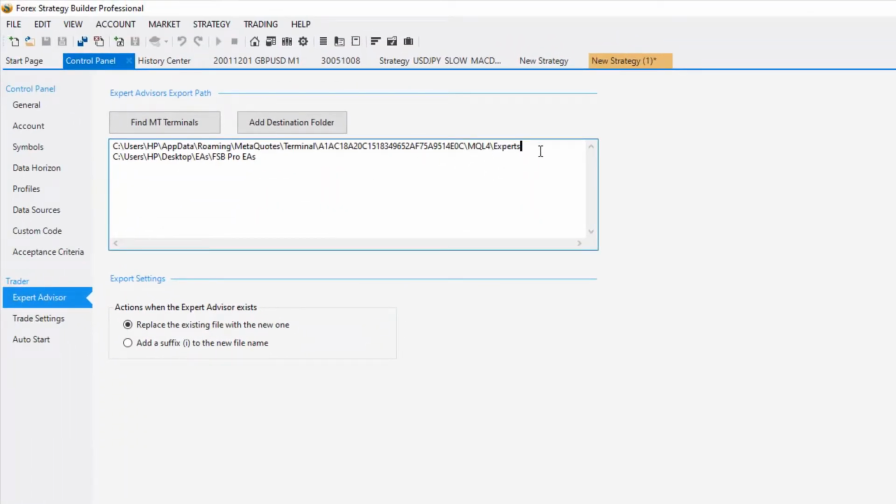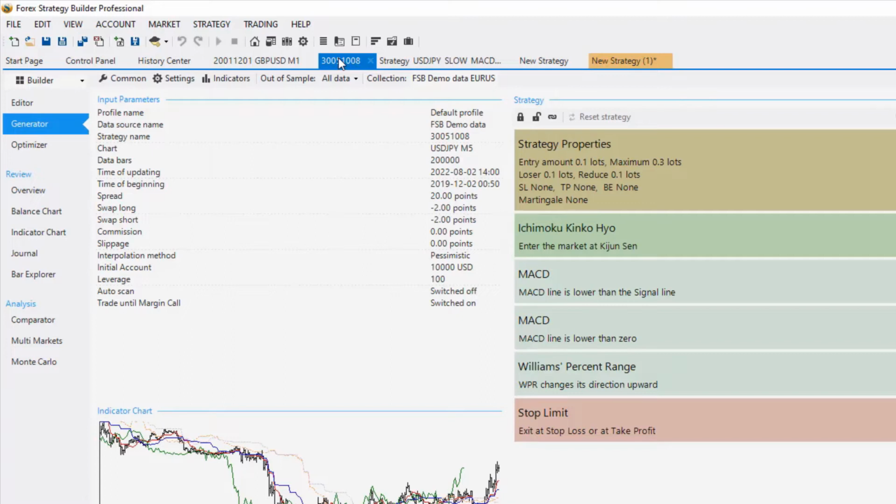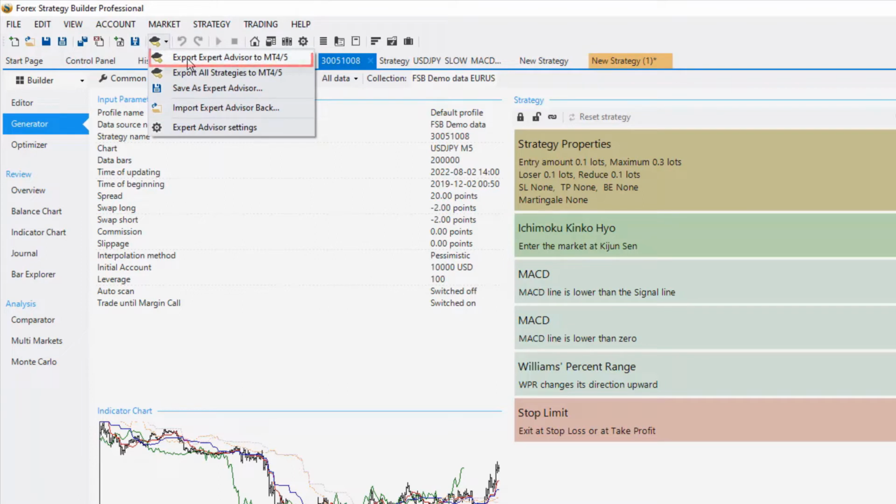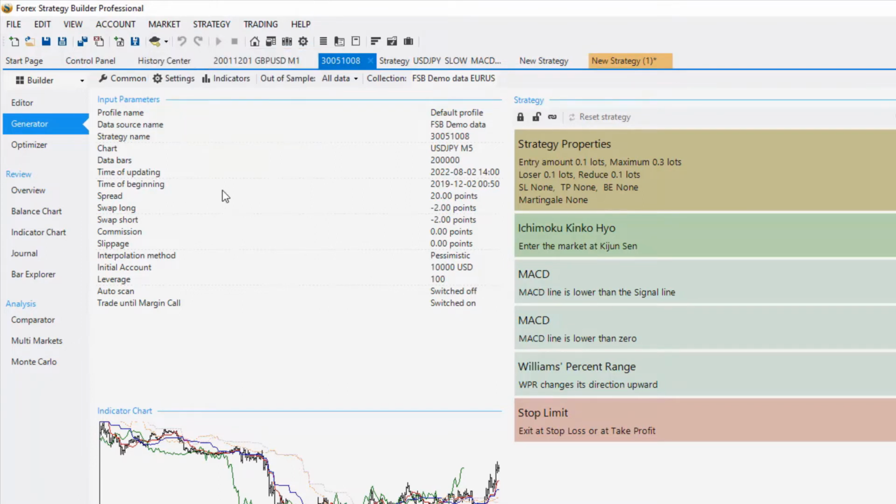So I'm selecting this MetaTrader as a path to export the EAs, and at the same time I have created another backup folder where I want to keep all of my experts. Alright, so now if I go to, let's say, that strategy over here from my top 5 Forex strategies course, and I want to export it, I will hit on Export Expert Advisor for MT4 or MT5,